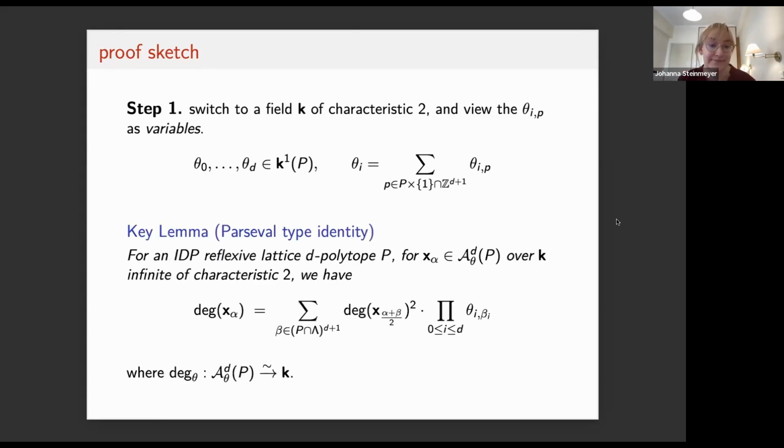Here's the key lemma. If we have our IDP reflexive lattice polytope, and we take our Artinian reduction, our Chow ring, over a field of characteristic 2. Here you want it to be infinite, just so you have enough room for the thetas. You can ignore it in a second. Then